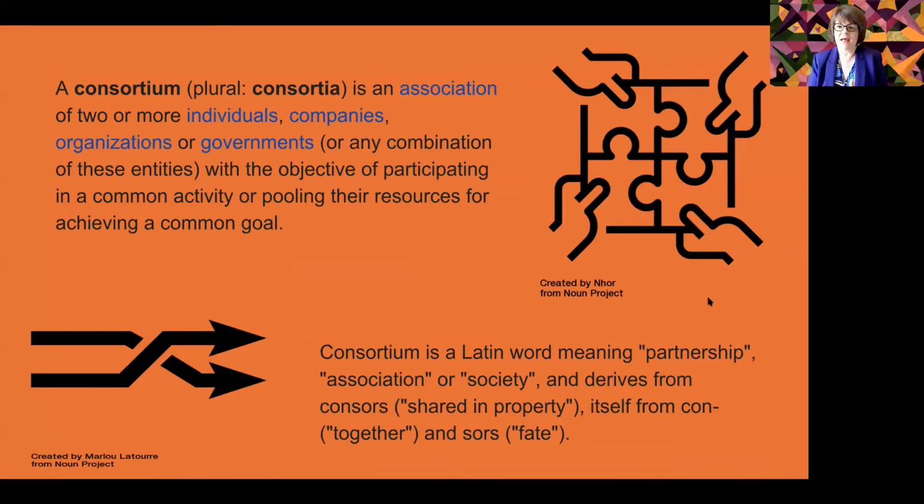And so what's a consortium? The first part of that definition is pretty obvious. It's an association. It's comprised of individuals, perhaps of companies, organizations, governments, and they come together to achieve a common activity. But I really, really like, in fact, I asked for this slide, I really like the Latin word that means partnership, and the second part of it, which means fate. So your partnership shapes your fate. I find that very interesting, and I think it's true. You win or you lose together in a consortium. You depend upon each other. And I think that's absolutely important.